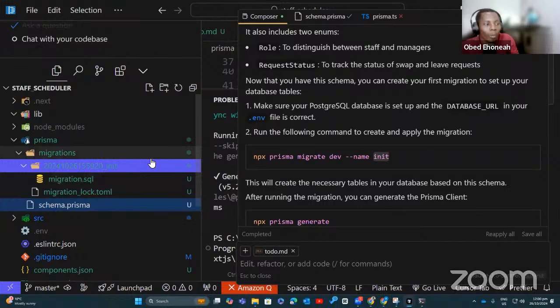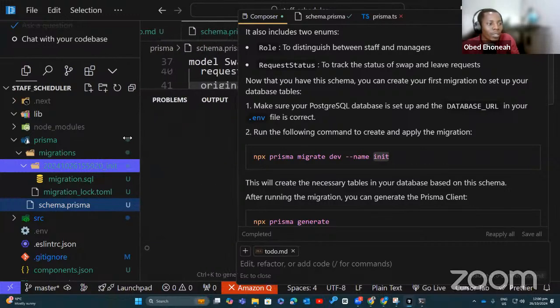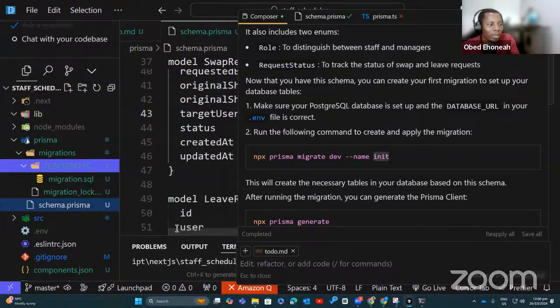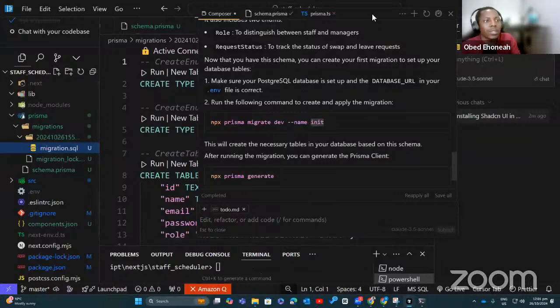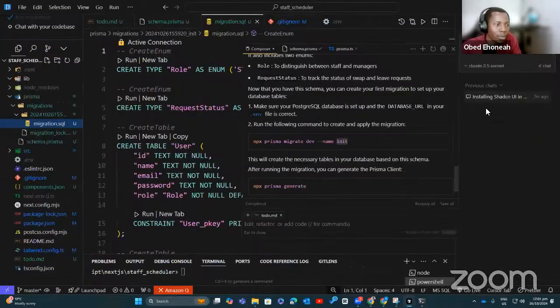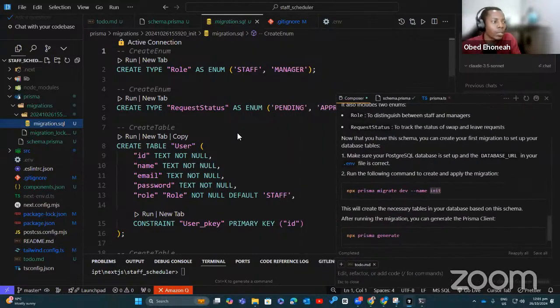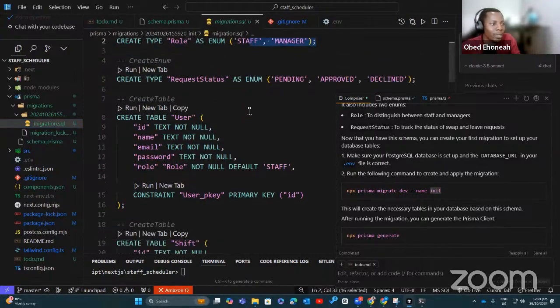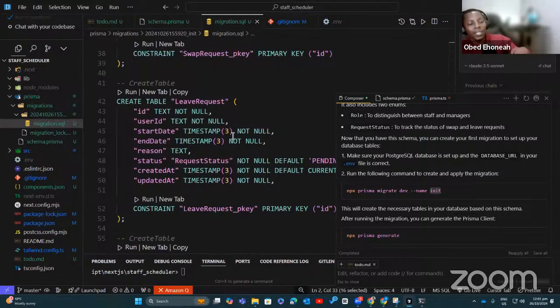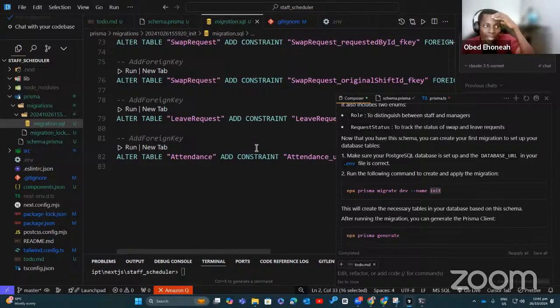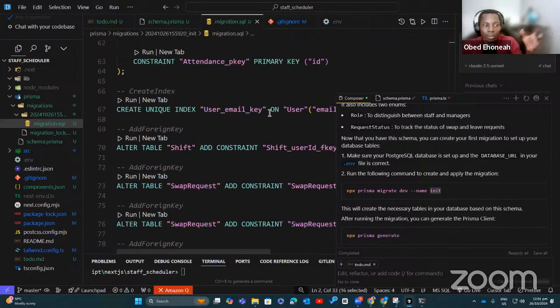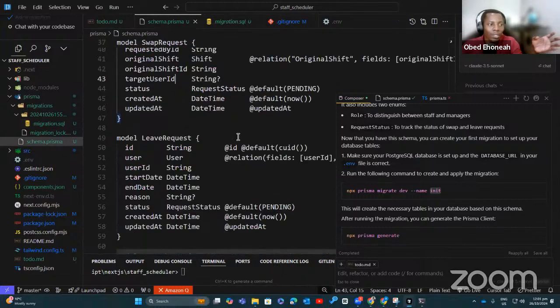That's the actual SQL command for all the Prisma things that we've written. So this was the Prisma things that we've written, and this is the SQL code for it. You need to hide this somewhere for you to see what's going on. Okay, so you can see it says create type role as enum, create type this. So these are the SQL commands that ideally you would have written if you were to create your database, your Postgres SQL commands. But in order not to get into this, you are using an abstracted language, the Prisma schema, to do that.